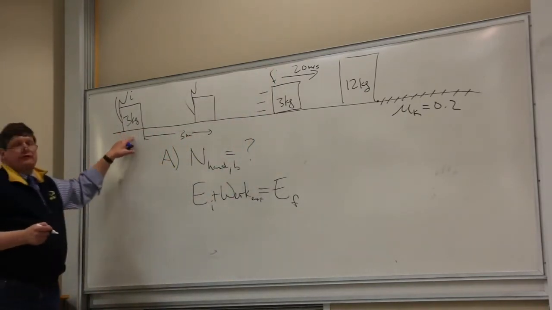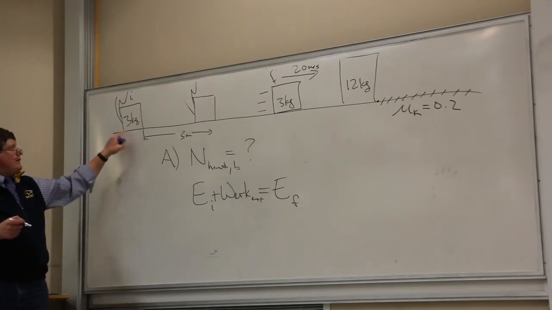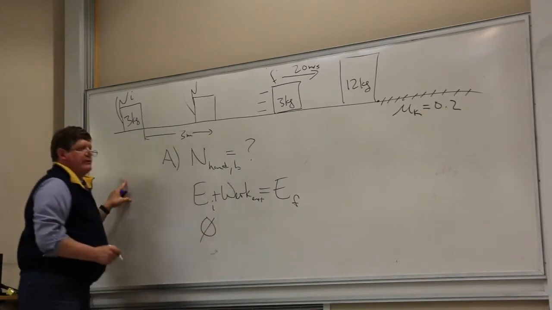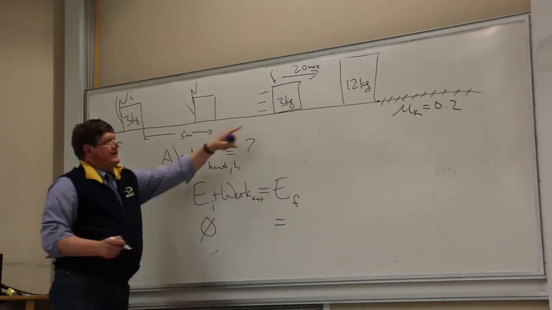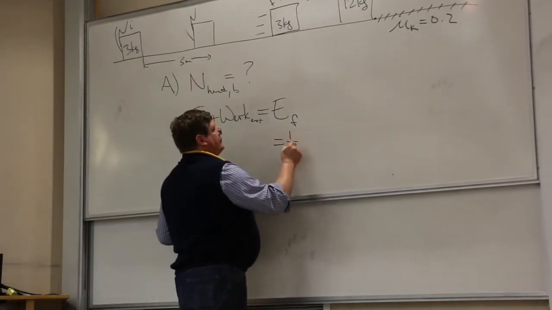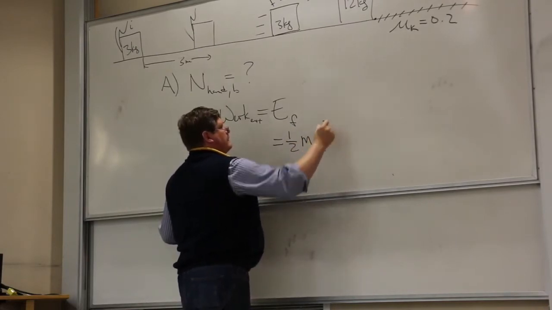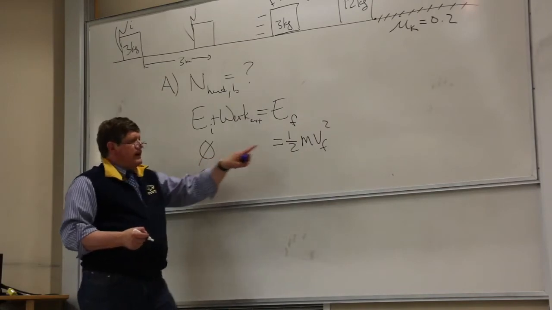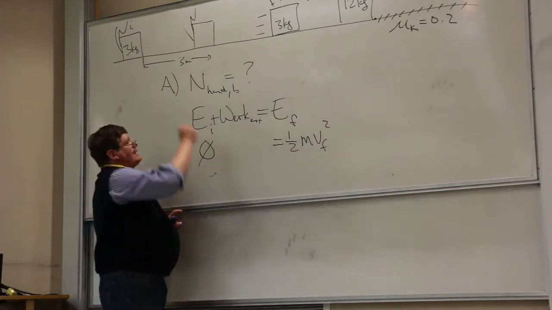Now, at each of those events, I ask the same three questions. Right here, right at the start, is anything with mass moving? Not yet. Is anything up off the floor? No. Any springs stretched or compressed? No. So the energy initially is 0. Then I go to the final event and I ask, is anything with mass moving? Yes. So I have kinetic energy. Is anything up off the floor? No. Any springs stretched or compressed? No. Okay. Now I notice that this is not the same as that, and that's because the hand does positive